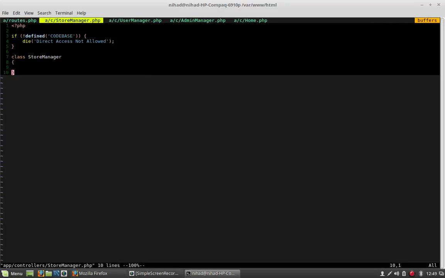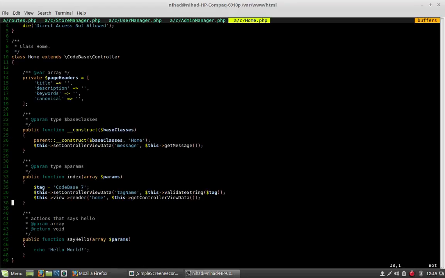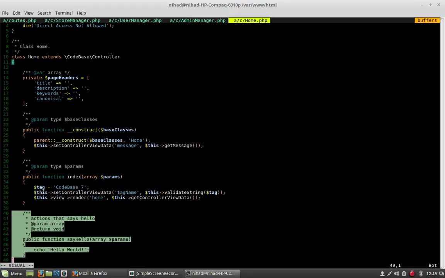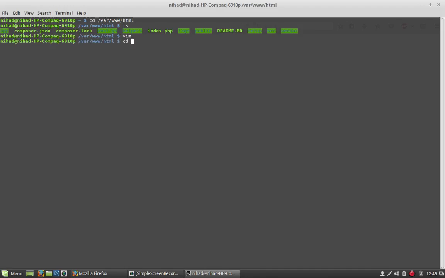Let's go to our store manager, then user manager, and so on. Of course, here we don't need this file anymore. Yes, we do not need that anymore. Yeah, let's quit now. Now let's go to our models folder,